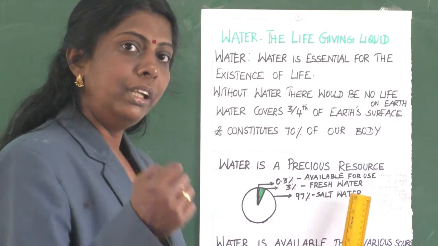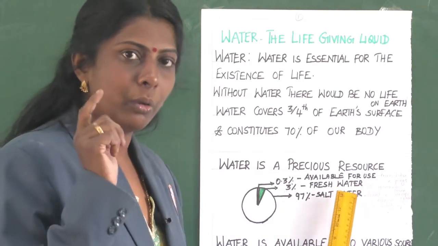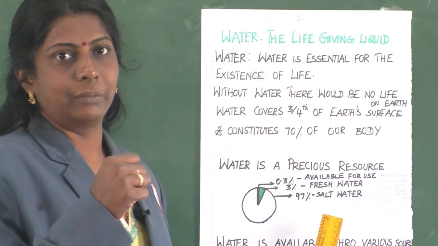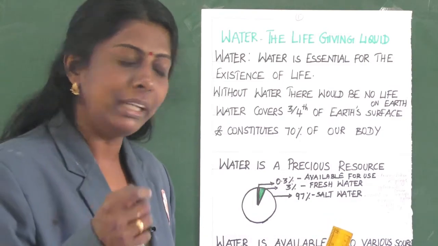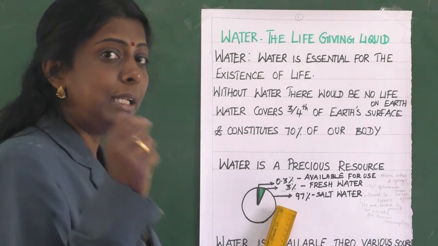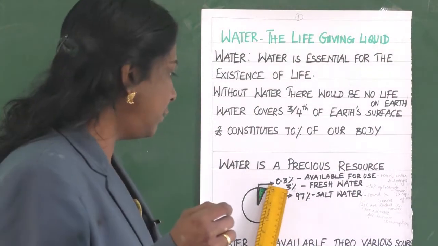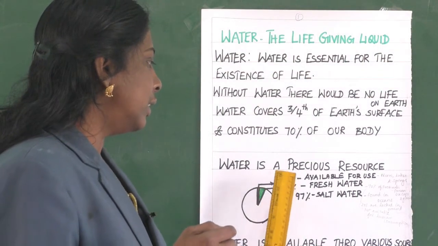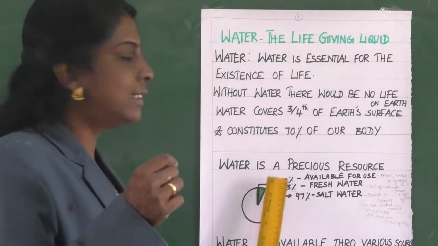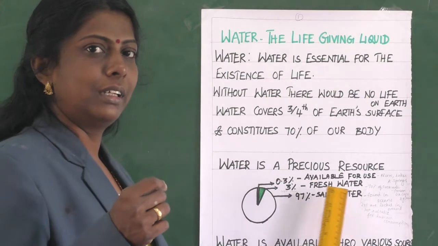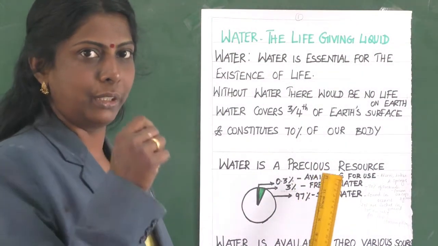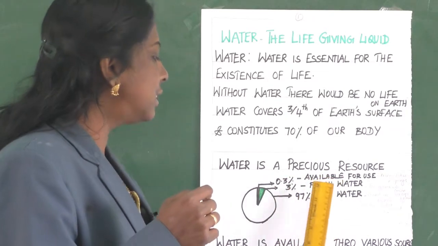They are found in oceans, which is not suitable for human consumption. Then the remaining 3%. Remaining 3%. Is it not? So less than 3% of earth's water is fresh water. Clear? So out of this 3%,